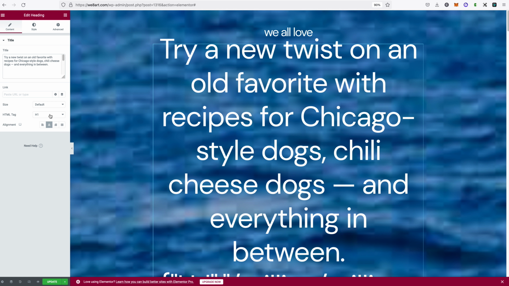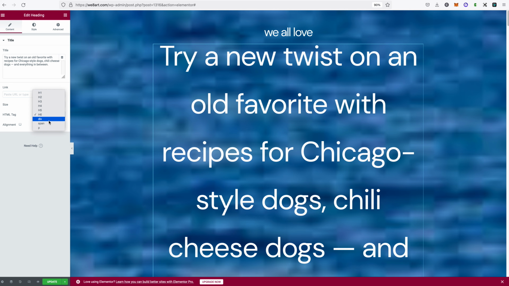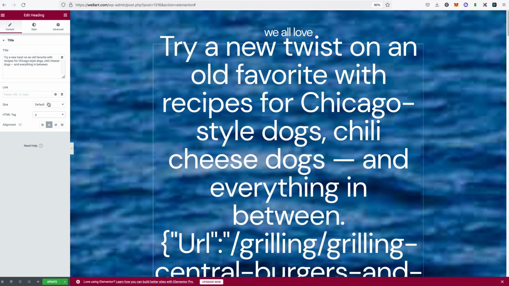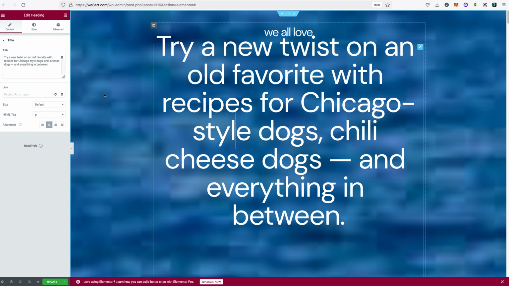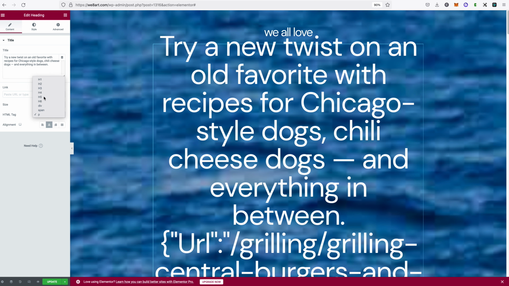All right, so now this text is huge. How would we edit that? Just like in web design, you've got your heading tags from heading 1 down to heading 6, and you've also got paragraph, right? Now this isn't changing, so let's have a look why. I'll just click on there and click on that. So paragraph, heading 5,